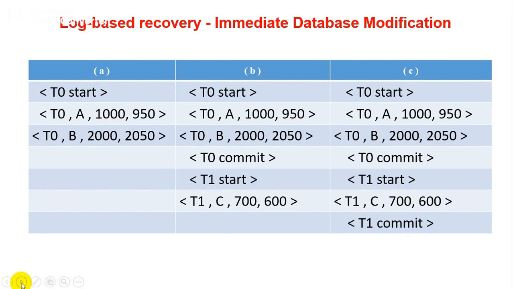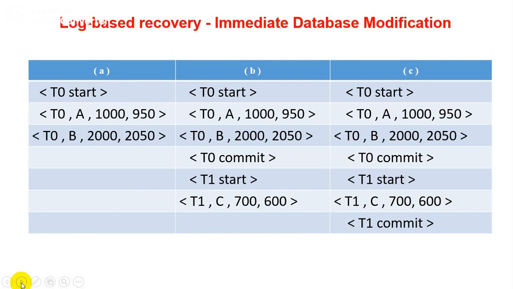So guys, we identified that whenever we are performing a committed state, it means that you have to select options according to a deferred database modification. Because as we know, what is the requirement of commit? If a commit is performed at the user's end, then and only then the database value is updated with the help of deferred database modification. So guys, it is nothing but a deferred database modification with the help of log-based recovery. I hope you learned something from this video and you understand what is the requirement of recovery and how we can take advantage with the help of deferred database modifications.